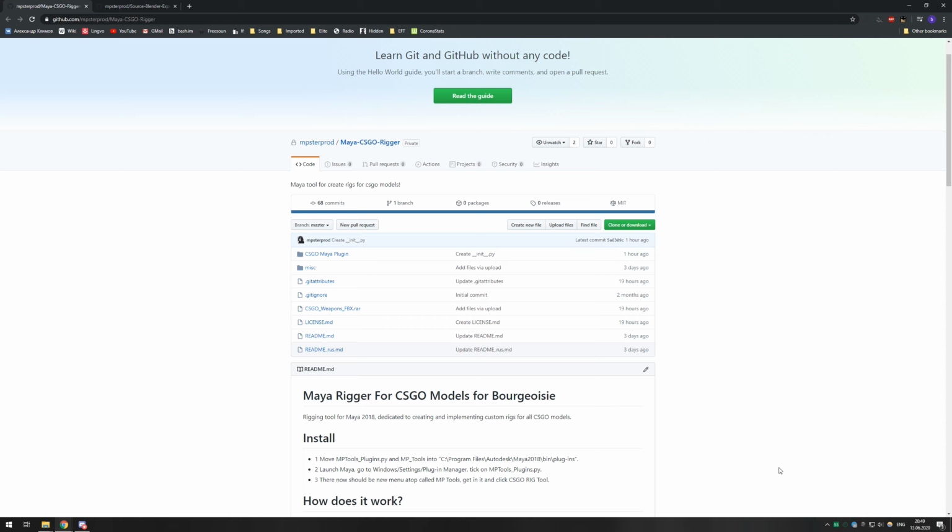The rig tool was created by MP, not me. I am just showcasing it and making a voice tutorial and supporting it as much as I can. So yeah, I'm a community guy, the developer is MP. You can maybe know him as MP. Well, you know it. So, the tutorial will consist of basically 3 parts.